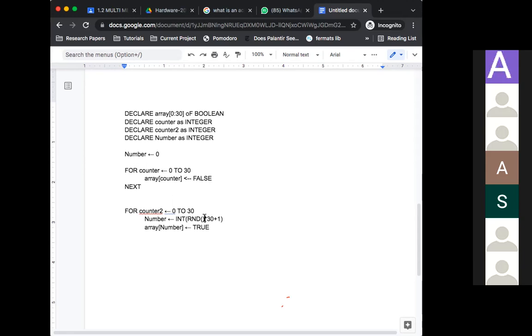This will work exactly the same way because you've generated a number which is between 0 and 30, and now in the array at the same position as that number, you're going there and setting it to true, right? So this should work just as well as that would. Even though you can't run pseudocode logically, this is, I would say, superior to that, because then you would run through every single element for no reason. Jab pata hai ki is number pe jaana hai, then why are you running through every single one, right? This is the difference between like,